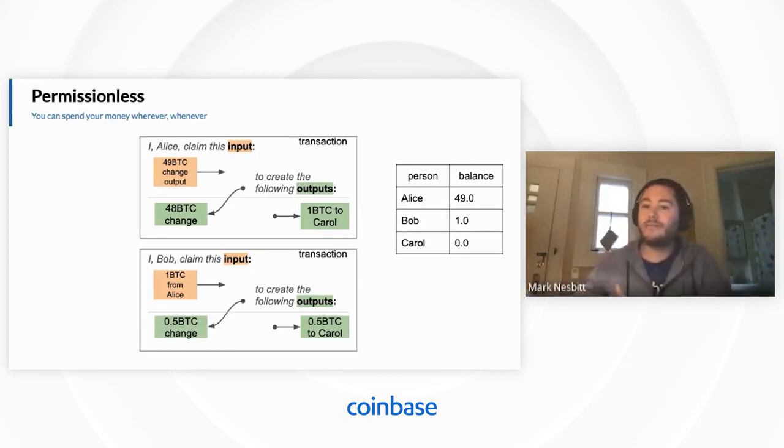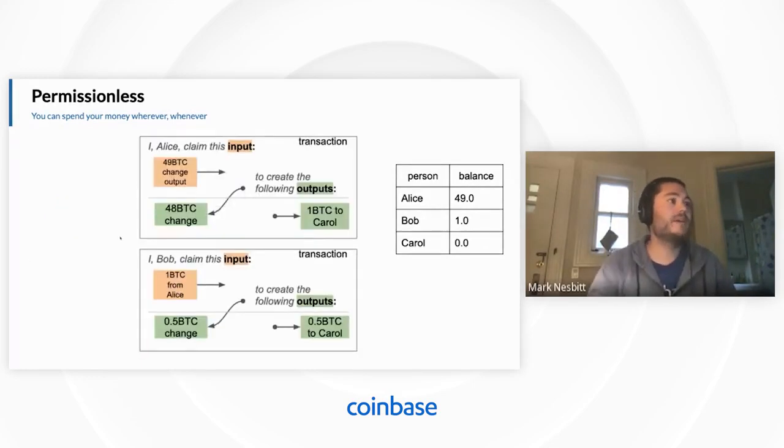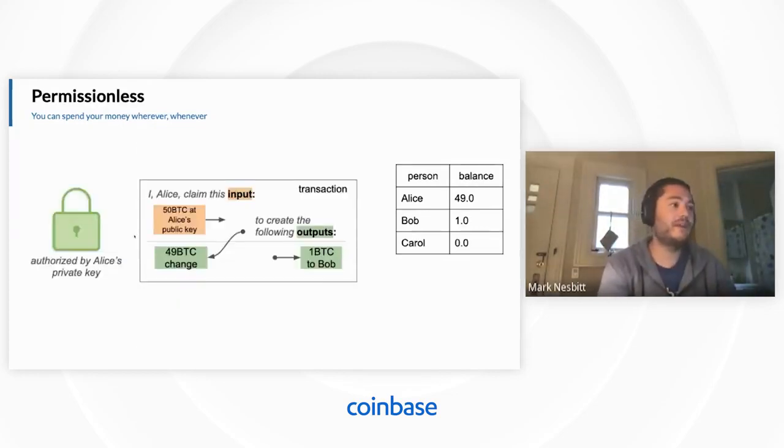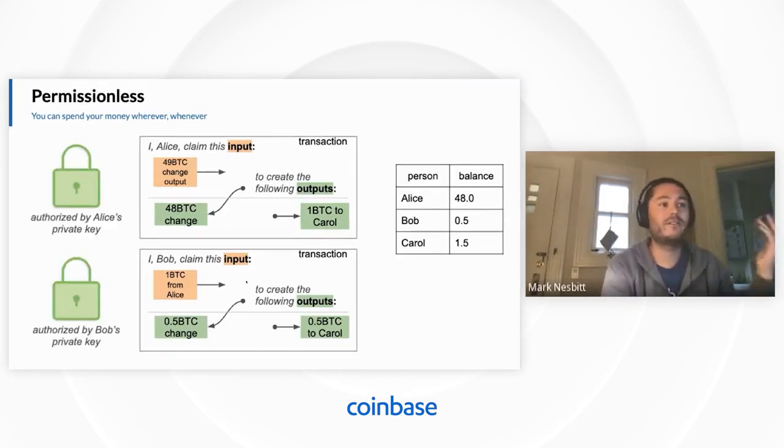And these chain together. You can see how this transaction history can evolve, because now there's this 49 BTC change output. It's the change output that's here in green, but now it becomes an input to a new transaction. And she can say, all right, I'm going to send 1 Bitcoin to Carol's public key, and then I'll take 48 back for myself. And Bob could do the same thing with his output. With this 1 BTC, he could chop it in half and send half back to himself, half to Carol. And then once they both sign it, we'll see that we can consider Carol to have 1.5 Bitcoins, 1 from Alice and 1 from Bob. And notice that this authorization comes with the private keys associated with where the Bitcoins were assigned prior to these transactions being created.